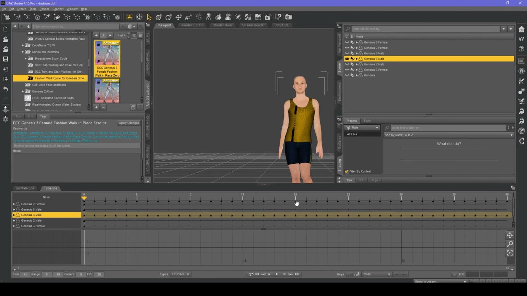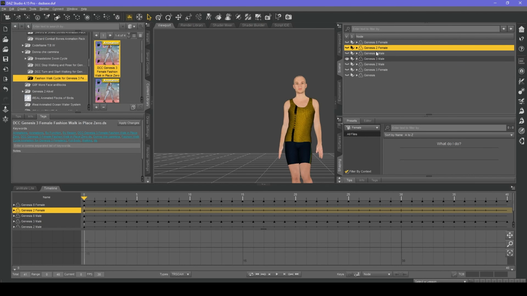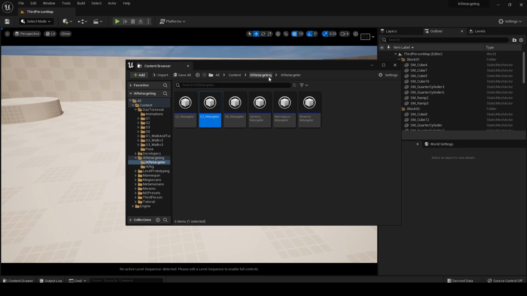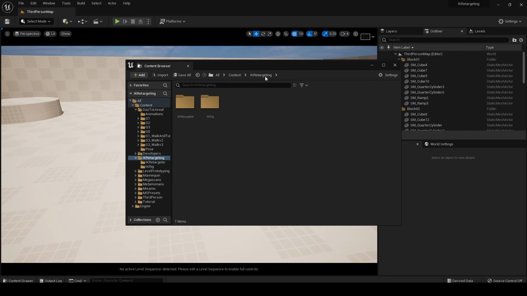Let's go back over to Daz Studio. So we have all these characters, Genesis 2, Genesis 8, and so on. So now you know that it doesn't matter what animation for which character you have, as long as you have all your IK rigs and retargeter set up inside Unreal Engine, you can retarget all of your old Daz animations now onto whatever you want, whether that's other Daz characters or mannequin or MetaHumans and so on and so on. I'll give you an example now of old Genesis animation retargeted onto a MetaHuman.